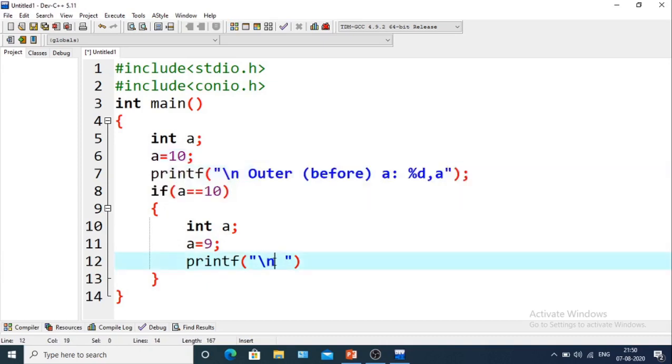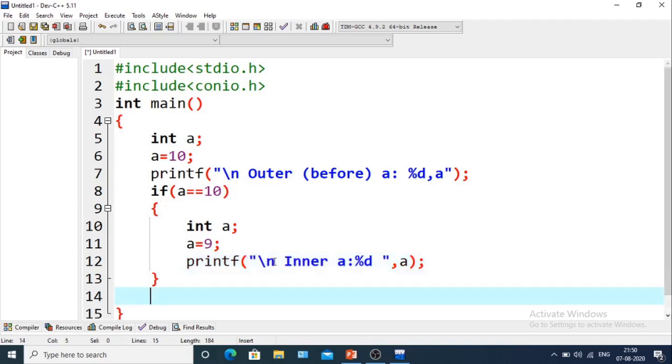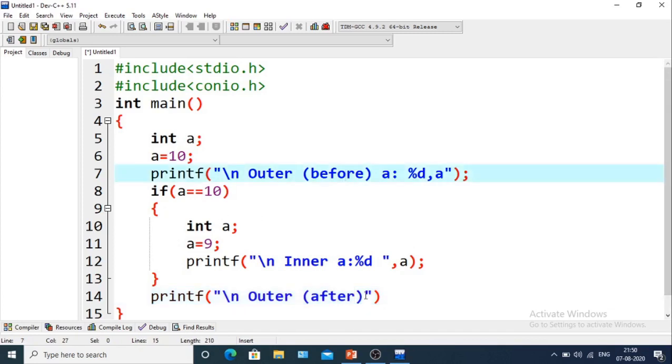So this will be inner a, the value will be %d, and the value of a will be printed. And outside it, printf \n, we write outer after, the value of a will be %d and the value of a will be printed.